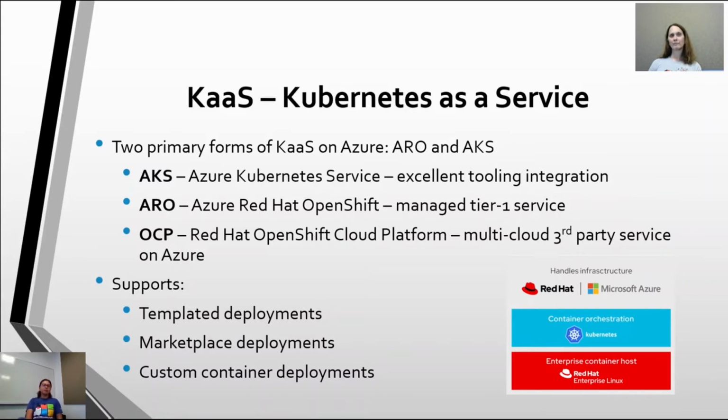So in the KaaS service, we support templated deployments, marketplace offers, and also custom containers. And when you deploy your cluster, you'll see in the operator, you can make the selections that way. I think this covers pretty much the high level of KaaS. Do you want to maybe take a look at what's the type of workload that's supported by Kubernetes Service? Christina?